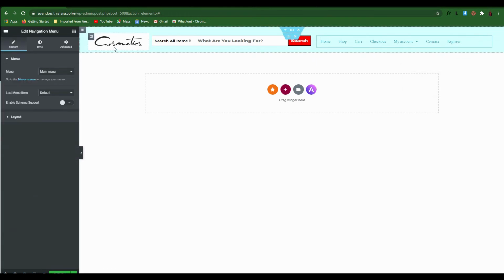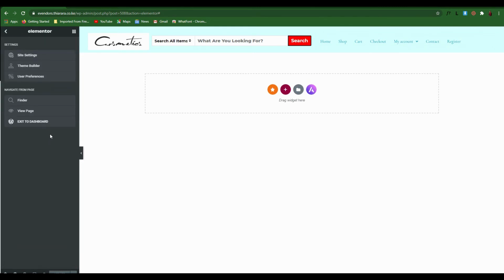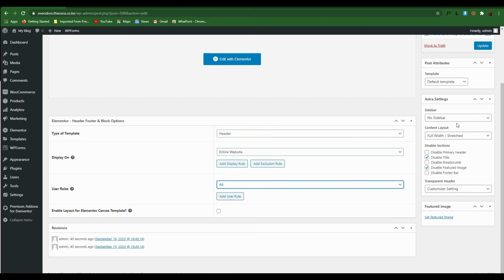With that, we have now been able to create our header for free. So what we need to do is we publish the header. And after that, we need to exit from the Elementor dashboard. Here we need to update. So let's check our website,